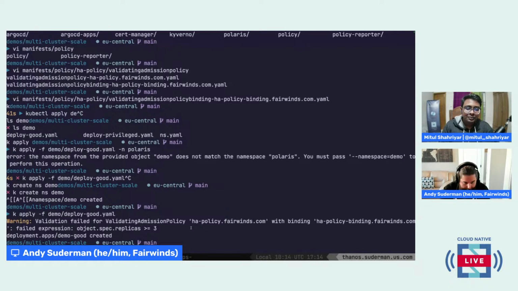So that's CEL. That's how you get started with that. And I think it's going to have a place in a larger policy strategy where there are some things that just shouldn't happen anywhere. And we need to get that policy in place in the cluster as soon as we build all of our clusters. This is just the base level.